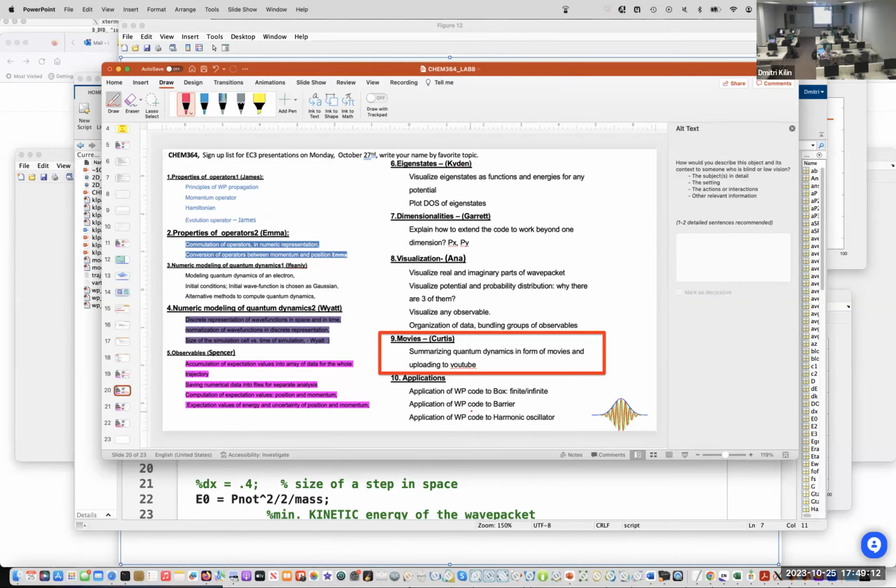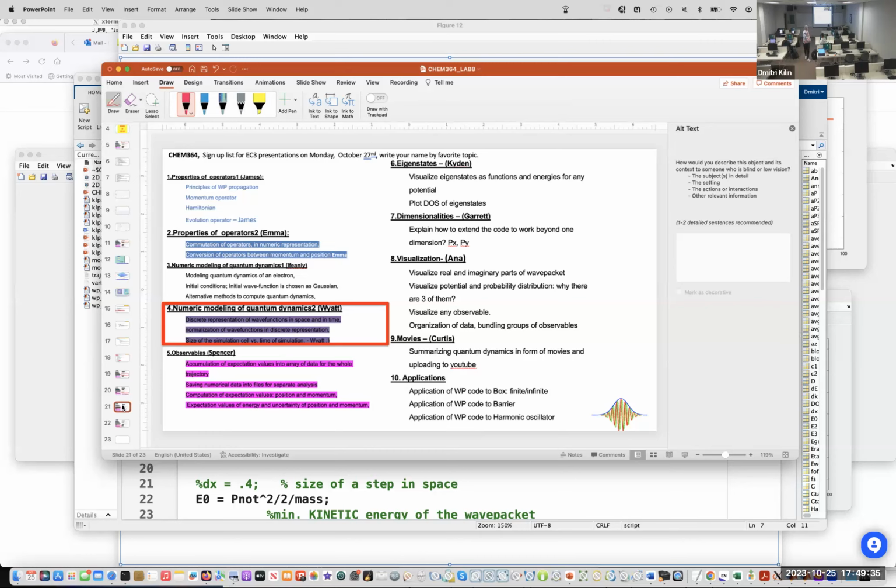In some sense, we already did an application of the wave packet code to the harmonic oscillator. I can claim that I did it. So we've done eigenstates, dimensionalities, visualization, movies. Now let's see what else is missing.